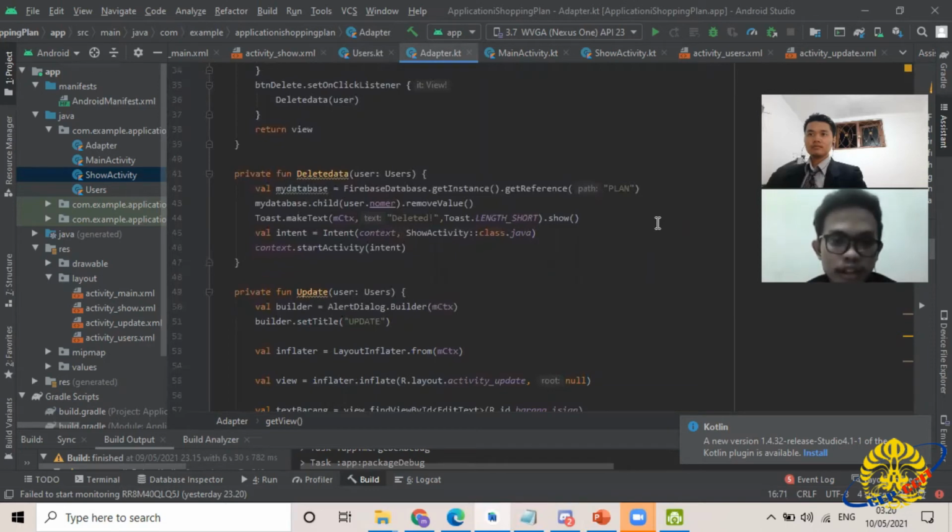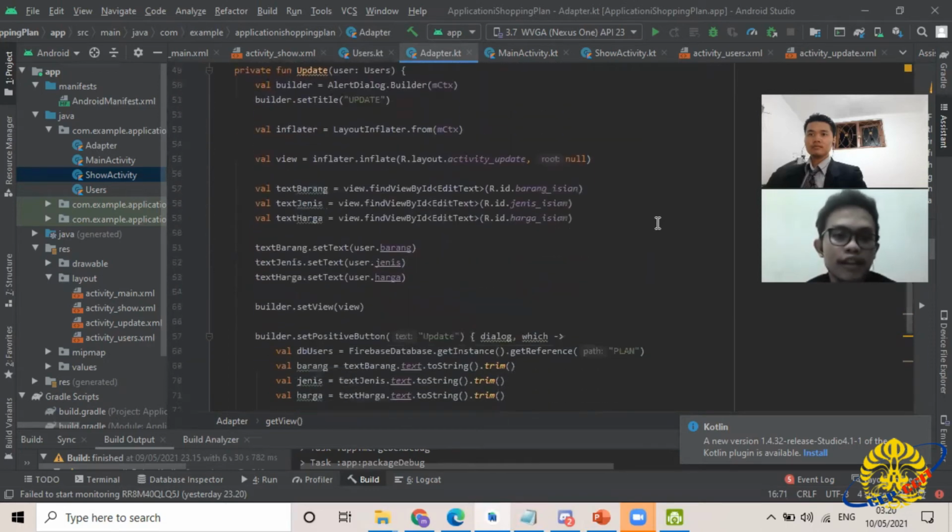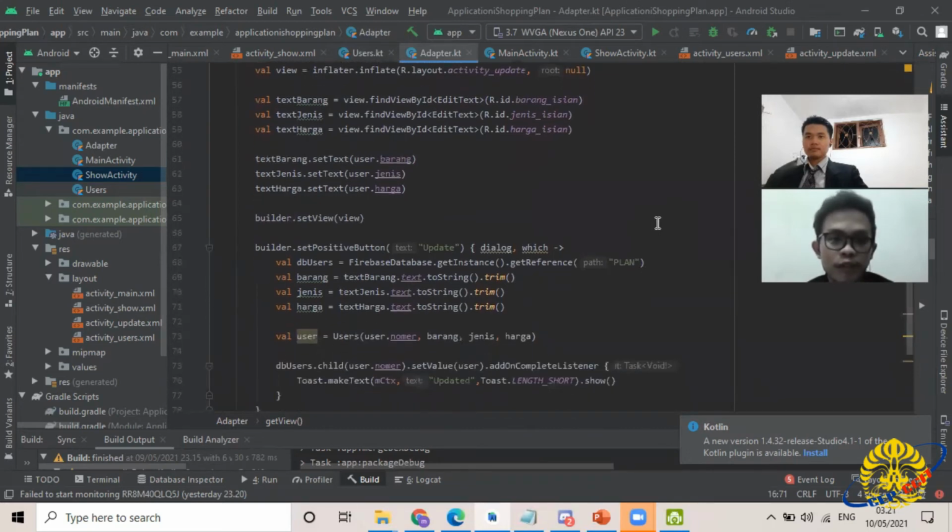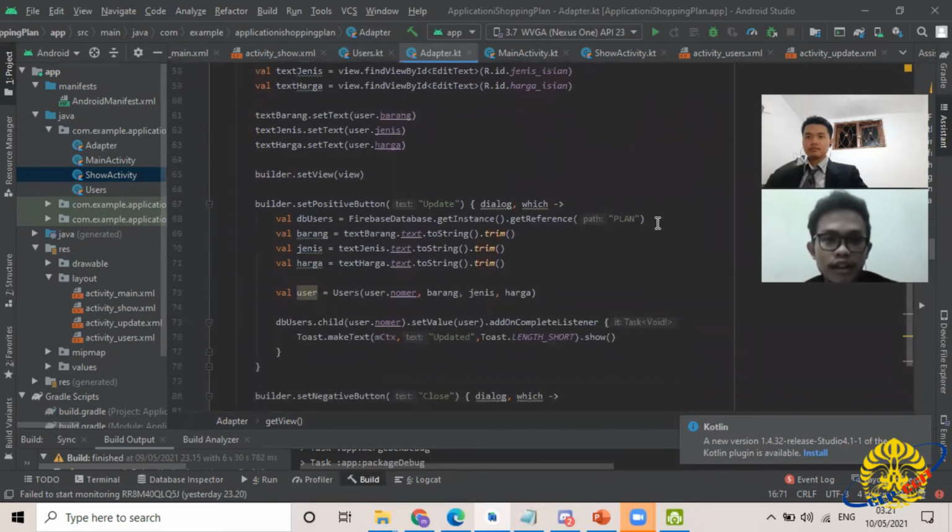Nah, this is for the function updateData. We create a builder, AlertDialog builder, title update, and then inflater and view. Then we declare variables barang, jenis, harga, and then set text barang, text jenis, text harga.